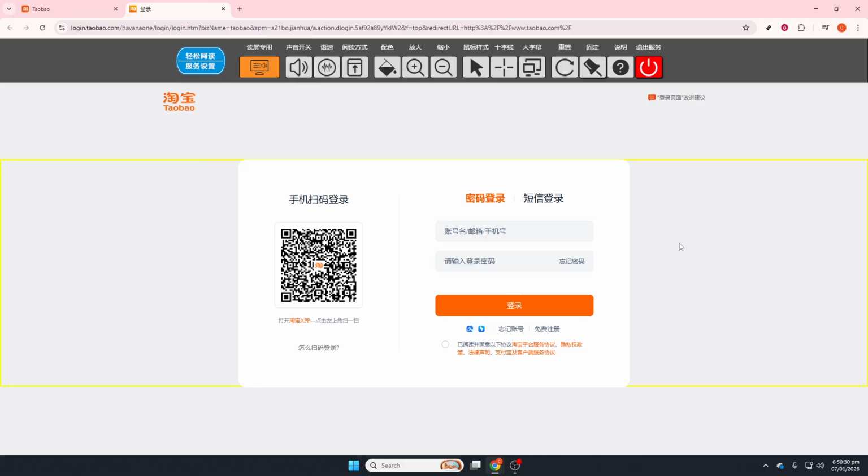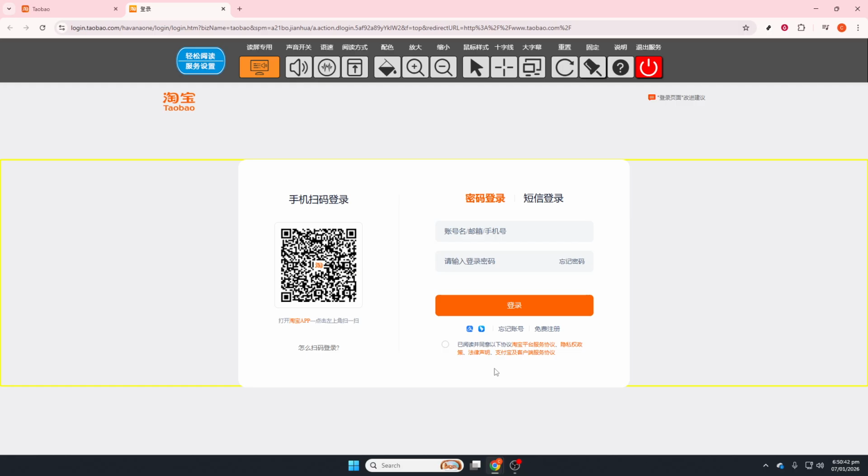Next, SMS login. Click Duanshin Donglu, select your country code, type your phone number, and complete the slider verification. Choose Send Code. A 6-digit code will arrive by text. Enter that code exactly as shown, then click Login. Keep your phone nearby and make sure you have a good signal, as SMS messages can take a few seconds